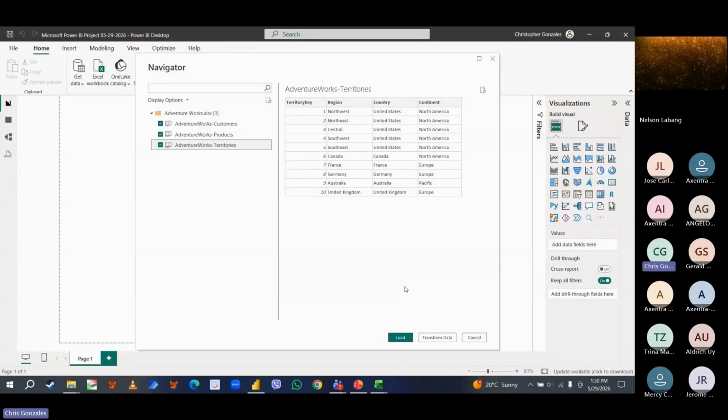And it will load immediately to the front end. So the process is always back end, then front end. So technically, the data is now available in the front end for visualization. That's when you click the load. We will only click the load button if we assume that the data is already clean, or if we don't need to apply any changes at all.